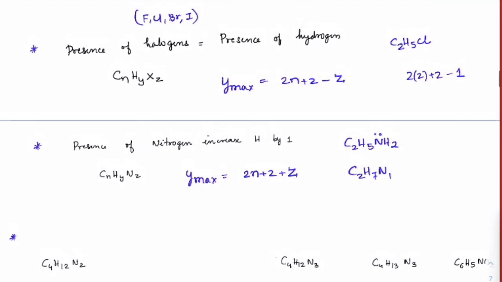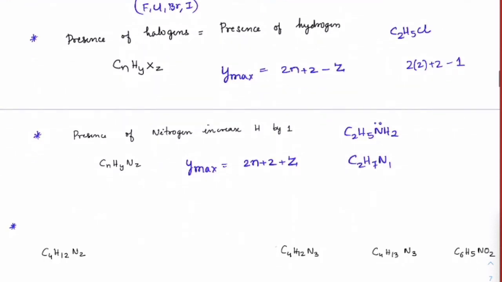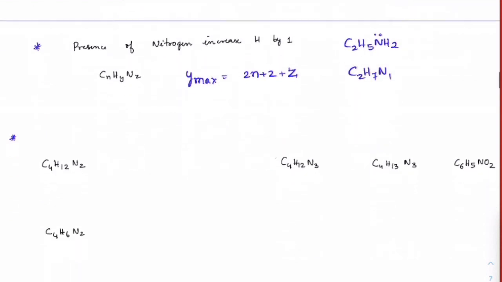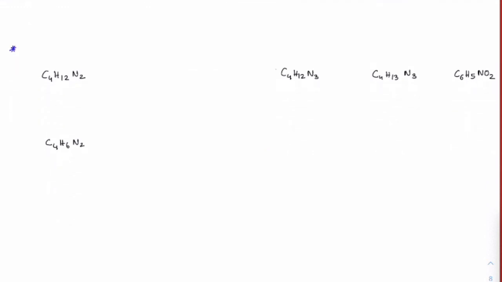Now this is a basic fundamental which you can understand: if there is the presence of any alkane, alkene or alkyne, this is the first thing you will check, that is, what is the maximum number of hydrogens possible in that molecule. Let's see how this helps. For example, if you have to judge whether these molecules which I have written exist or not, what is the first thing we will do? I will find out Y max, which means the maximum number of hydrogens it should have.